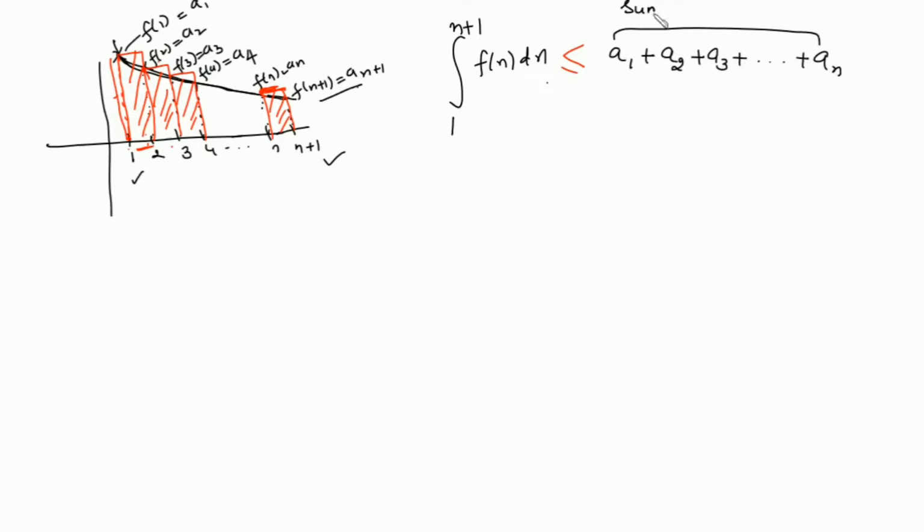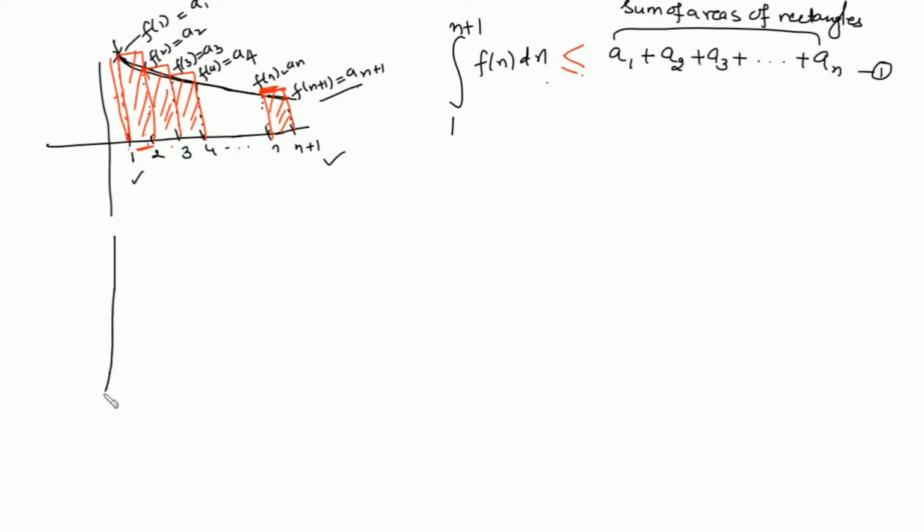These are the sum of the areas of the rectangles, right? So the value of the integral going from 1 to n plus 1 will be less than or equal to the sum of the area of the first rectangle plus the area of the second rectangle plus the area of the third rectangle, and so on. So we call this as 1,